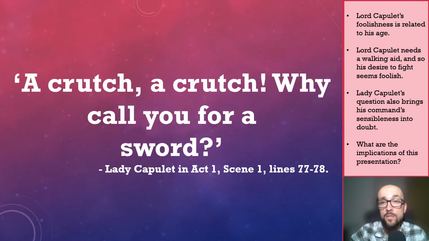Now this is important for two reasons. First, because Shakespeare has subverted the expectation that older people are wise and knowledgeable and sensible, he has created humour, for the subversion of expectations is a key characteristic of comedy. Second, it makes it easier to question Lord Capulet's authority later on in the play, for if he is stupid enough to want to get into a fight despite not being physically up to it, what else is he wrong about? Is he, for example, wrong about trying to dictate Juliet's marital status? Does this, in fact, make it easier for the audience to sympathise with her?